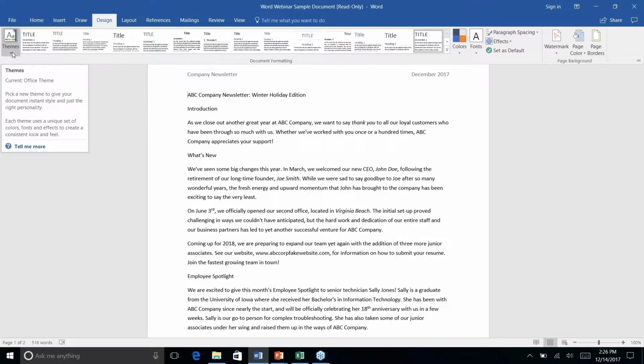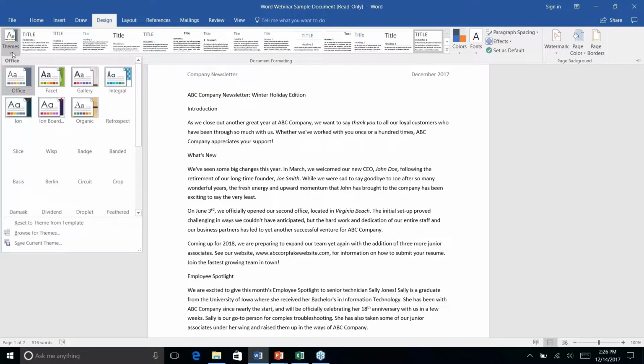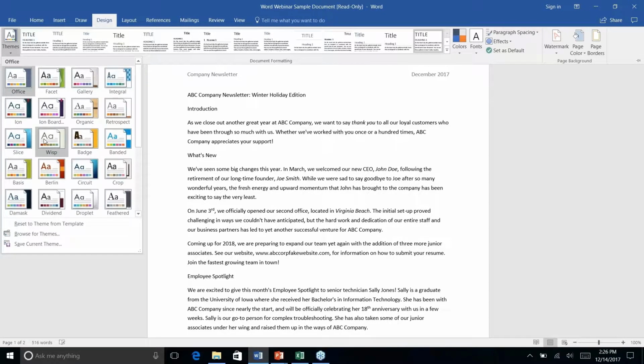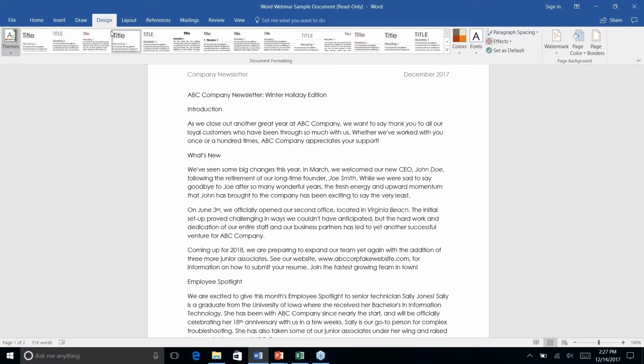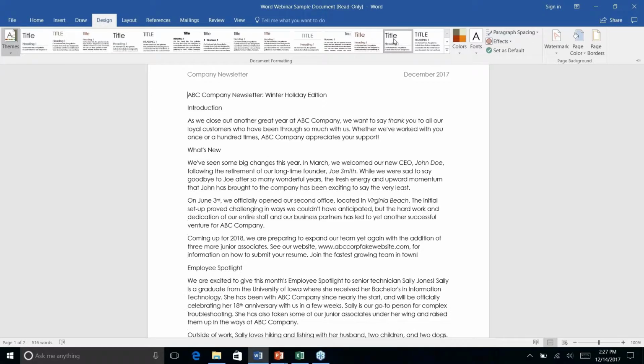So if you want something that is a little bit more contemporary, you can choose one of these styles that has a more casual contemporary font, and this sets all of the elements for the entire document. This is going to set your font, the font colors, the font sizes, the different heading options. So this is one big package of all of the features. Once you find one that you like,